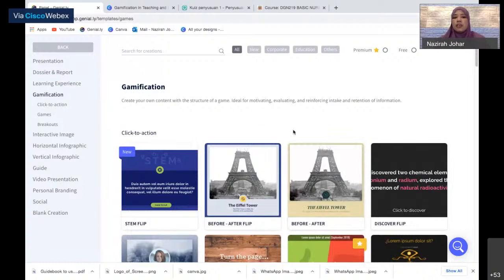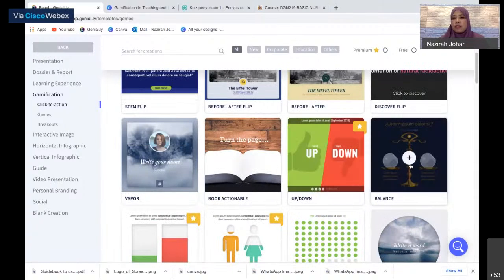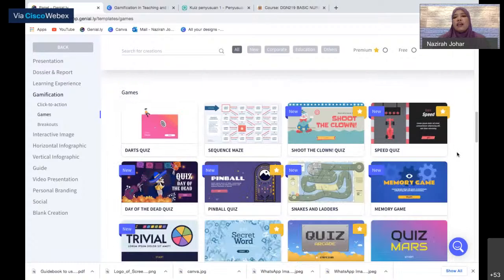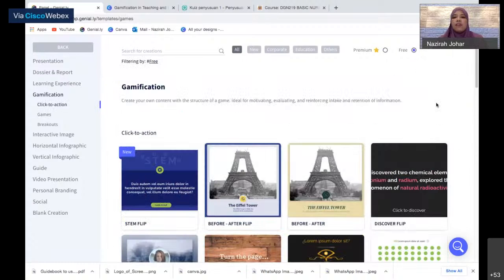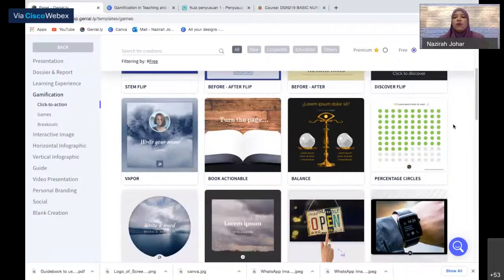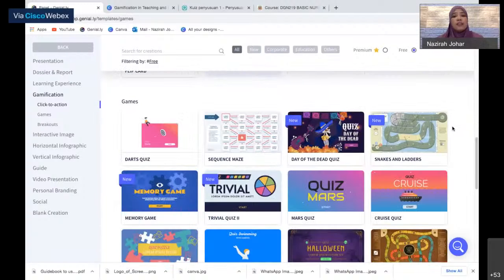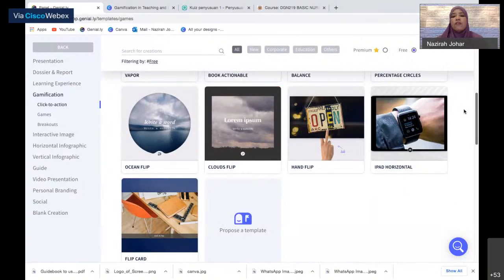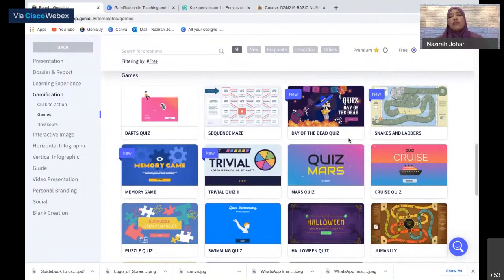All right. Okay, this is all the templates, 37. I counted this last night. There are about 37 free templates. So we can choose from the 37, we can create quiz. If you don't want to subscribe and you want to see how Genially works and is it worth your money, then you can just go and do certain games. You can start with a very easy one, or even this quiz